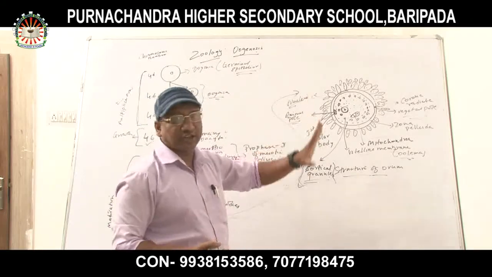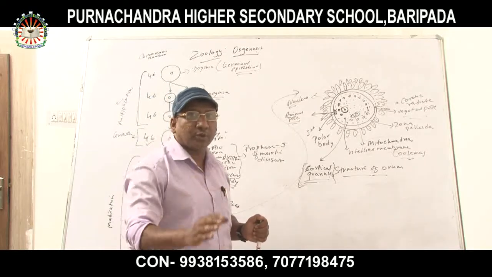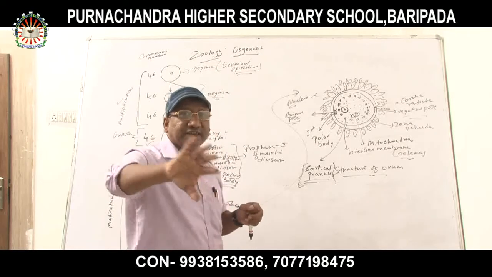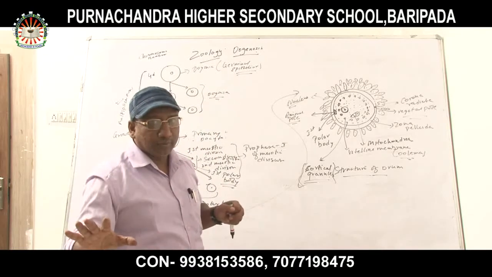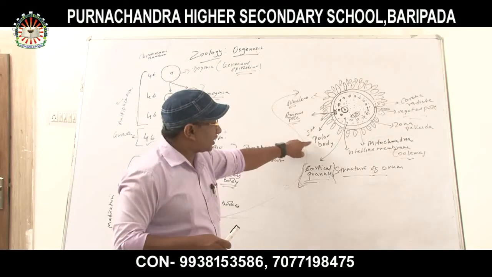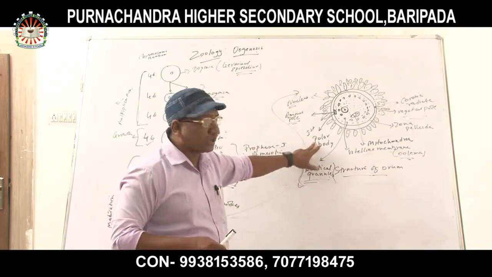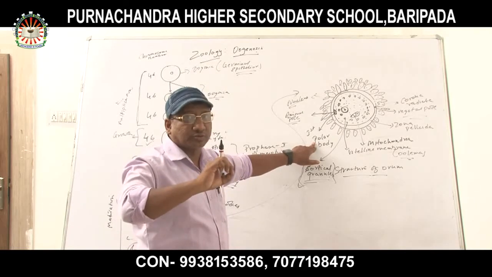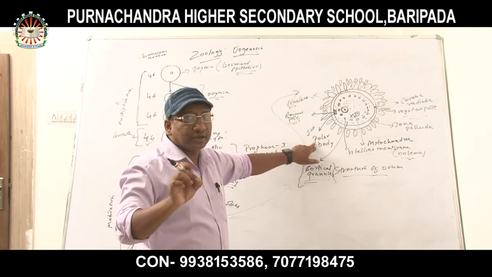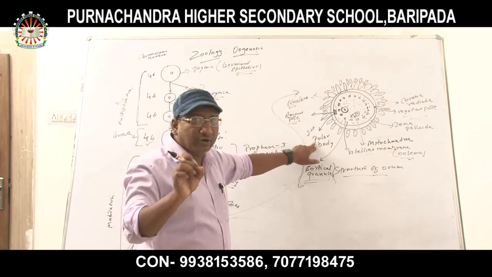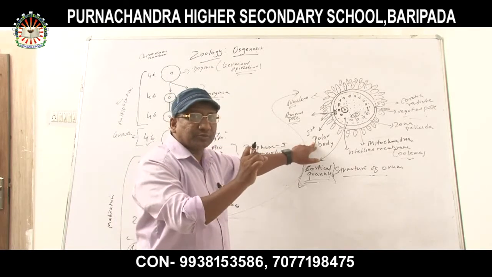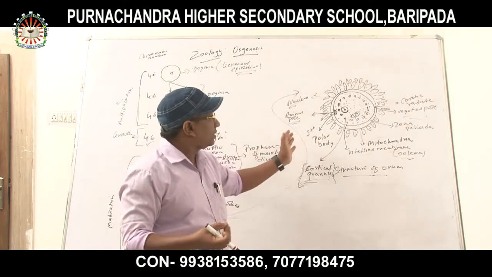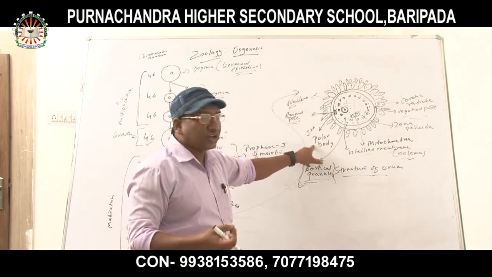And the function of the polar body is what? The function of the polar body is to push out the excessive chromosomes present in the ovum. So these are the functions of the polar body and cortical granules. Again, the polar body pushes out all the extra chromosomes which are not needed in the ovum. If there is an excessive amount of chromosomes, it is disposed of by the first polar body.